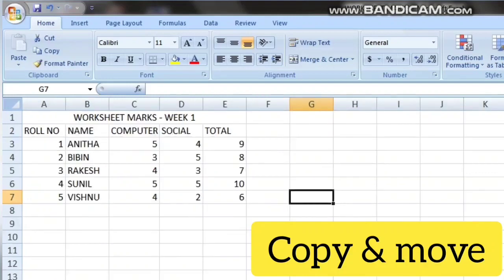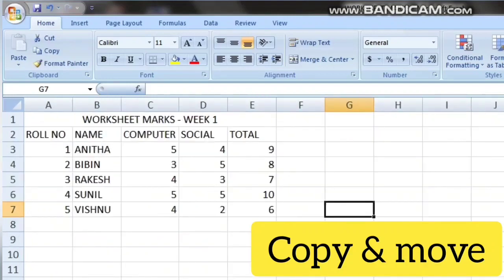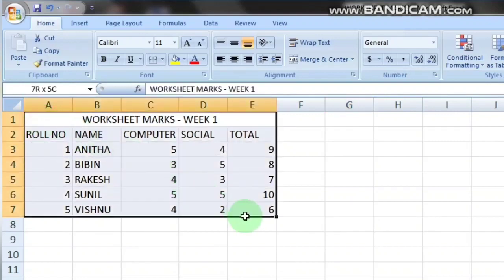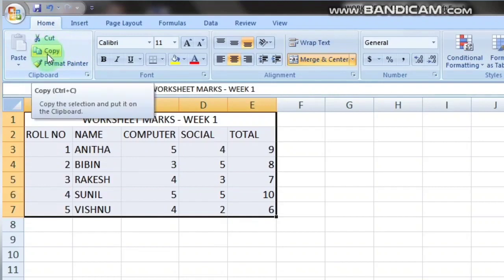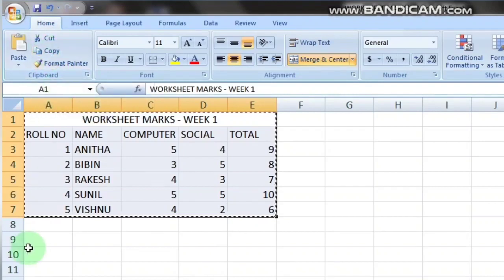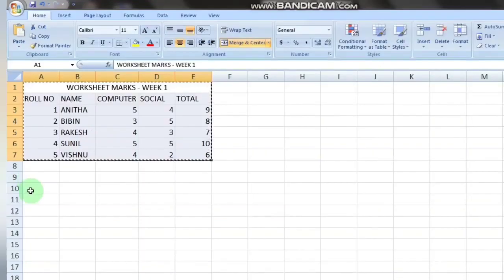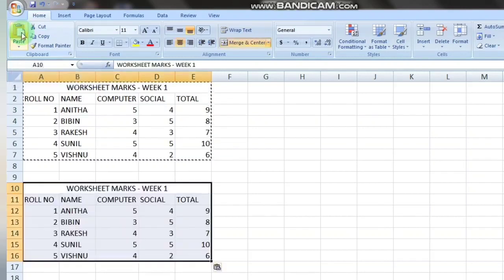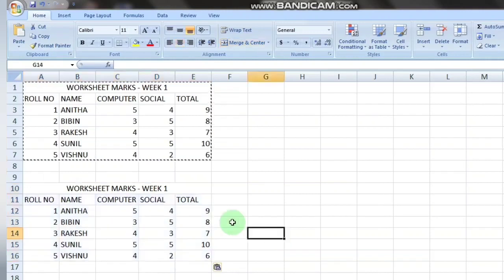Spreadsheet packages allow users to copy the contents of one cell to another. Select the cells you want to copy from. If you want to copy many adjacent cells, select them by dragging your mouse over them. Go to the Home tab and select Copy. Click on the cell where you want to place the contents. Go to the Home tab again and click Paste. Alternatively, you can right-click on the cell and select the option.